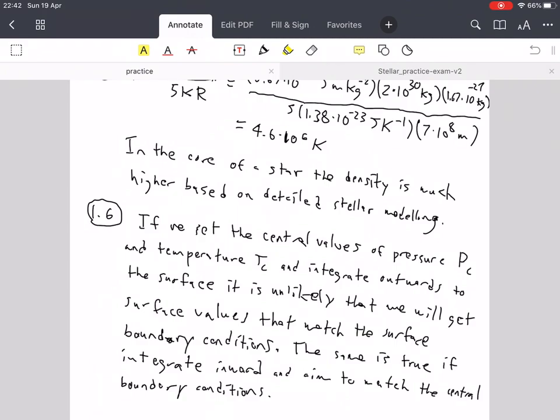And these are the derivatives in the difference between the inward and outward integration. And then we solve for the boundary values that would then be slightly different. And we need to iteratively do this because we won't immediately get the correct boundary values to start out with. So again, the central pressure and temperature and the outward, say, luminosity and radius. So we need to